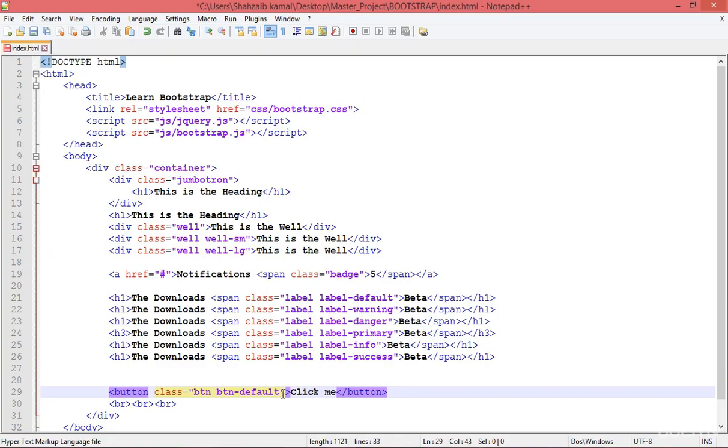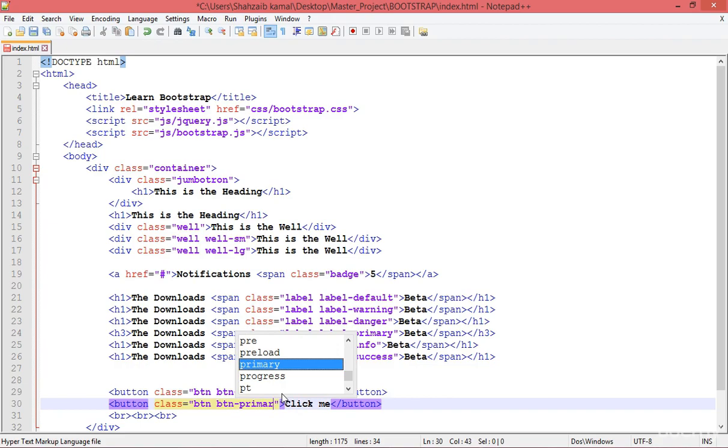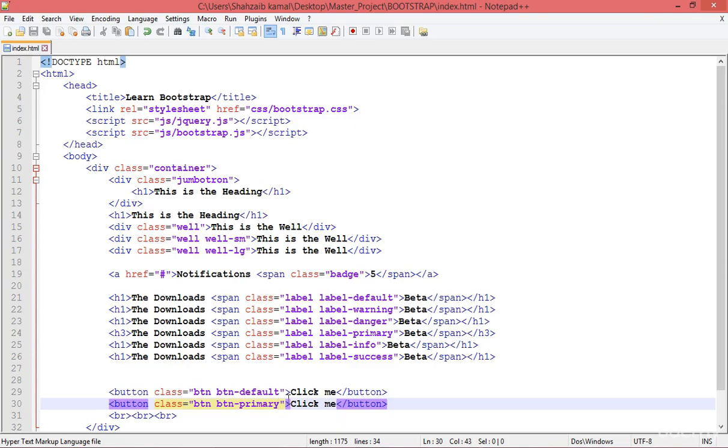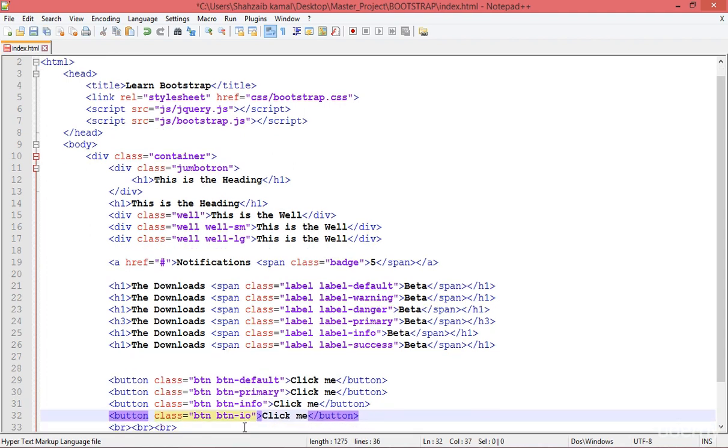Well, if I duplicate this one, I'm going to make another button, the button primary. Now save and refresh. This is the primary button, actually the primary theme of the button. You can apply any button whatever you prefer according to your need, and in the same way duplicate that one, and instead of the primary just put the info and duplicate. And after that I'm teaching you to make the danger button, and in the same way,